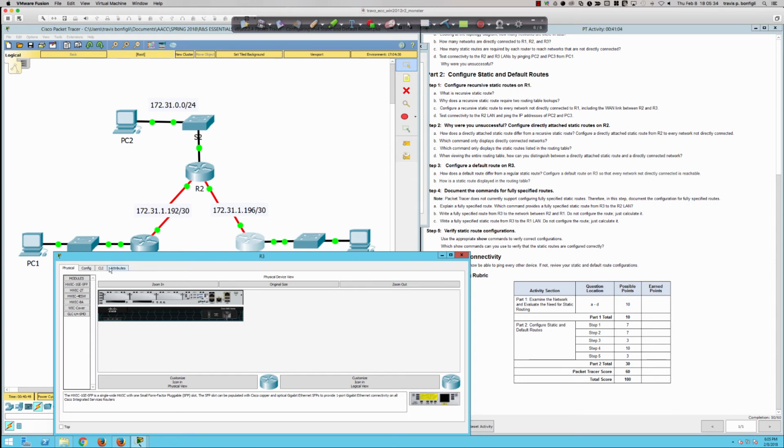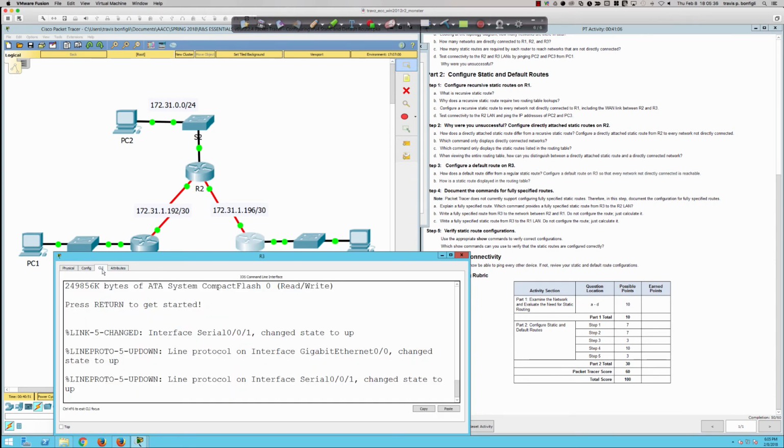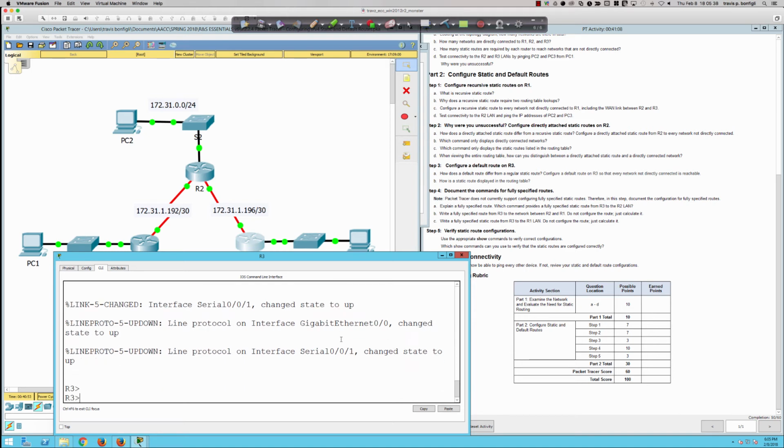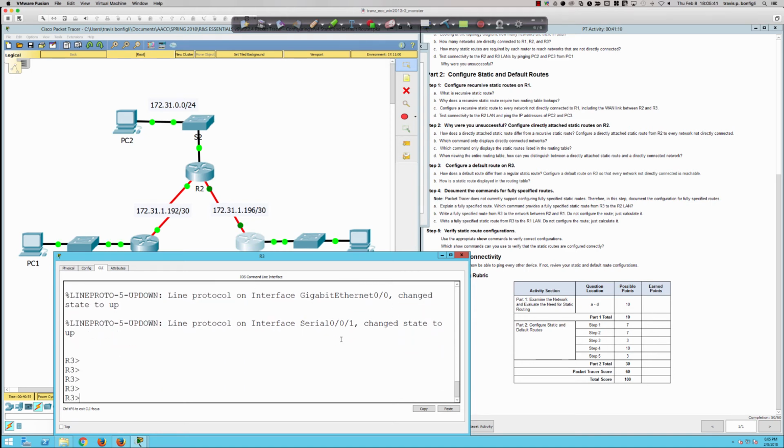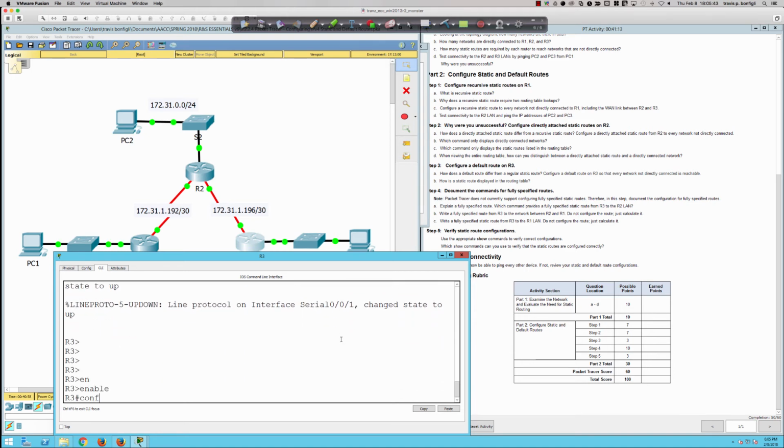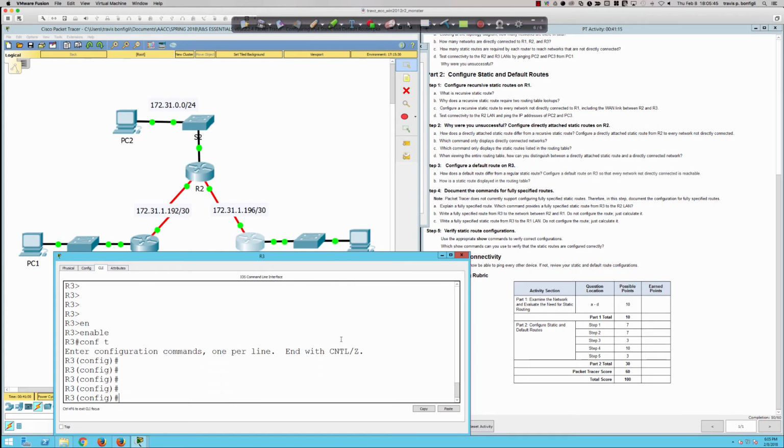So on router 3, and we could have done this on router 1, but they wanted us to do the recursive setup. So we're in user exec, and the enable command gets us into privilege exec. We get into global config with the configure terminal command, and I'm going to say my IP route to simply